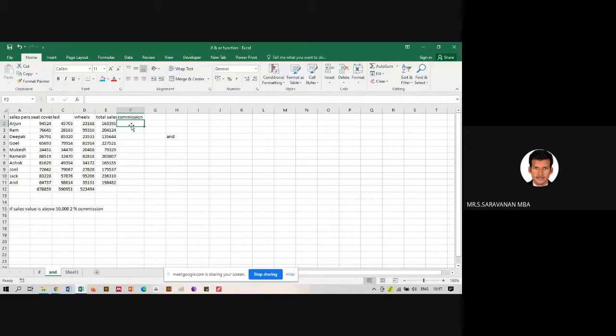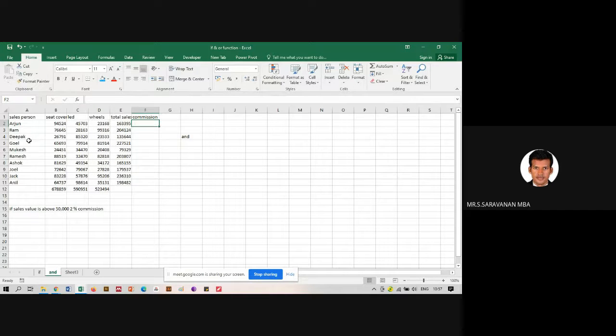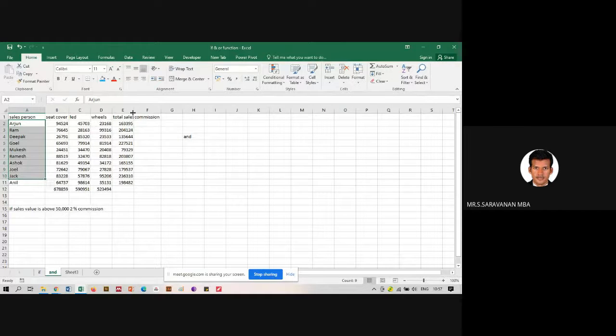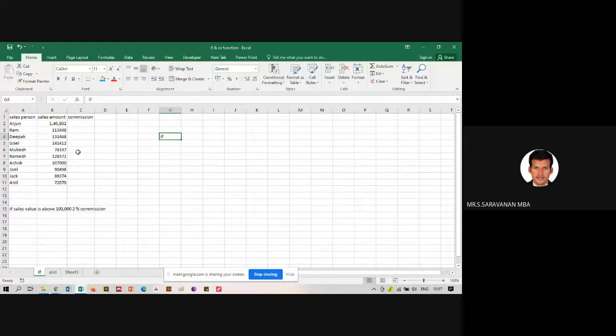Okay, we have information about the salesperson, how many products they have sold, what is the total sales and commission. Same information here. We have only total sales and salesperson, and we have to give them a commission of 2% above 1 lakh.